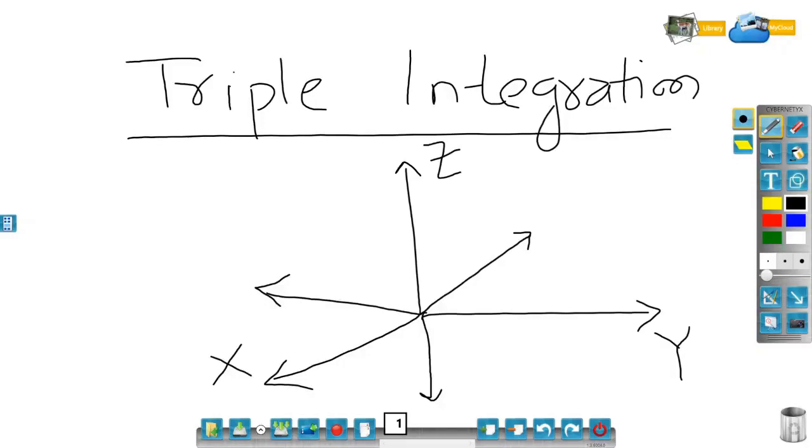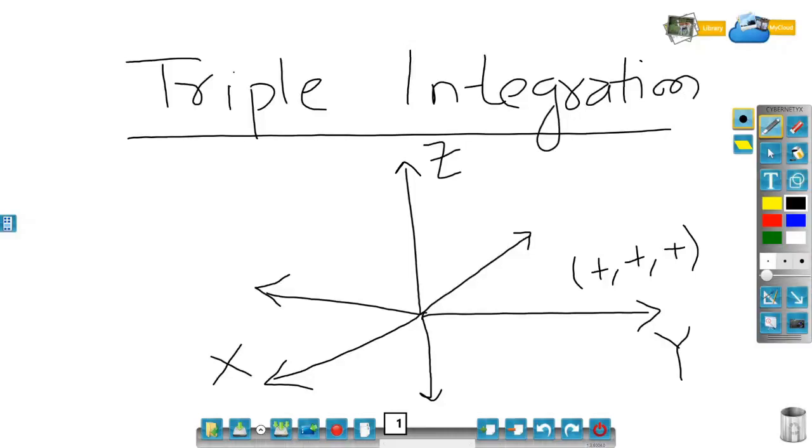Now in 2 dimensions we had a quadrant. Now in 3 dimensions we will not have quadrants. There will be 8 parts. You can see that x has 2 choices, plus minus. Similarly y has 2 choices and z has 2 choices. So in all we will have 8 parts, and that we will call an octant, right? So the first octant will be plus comma plus comma plus, x positive, y positive, z positive, right?